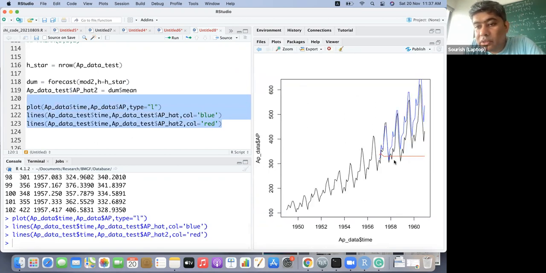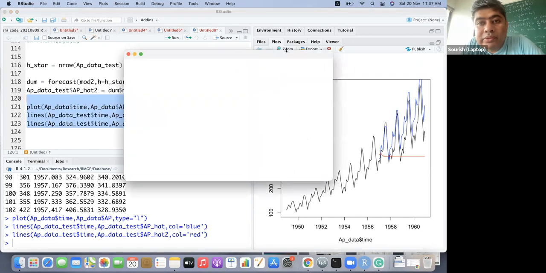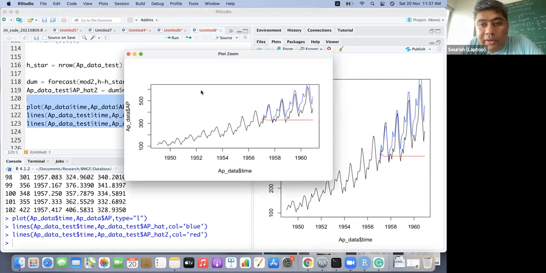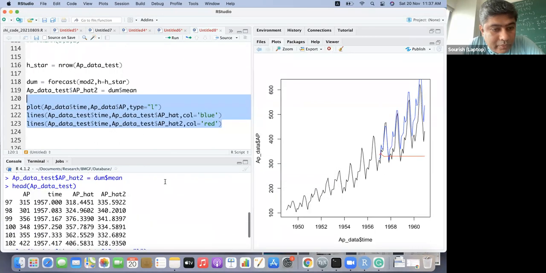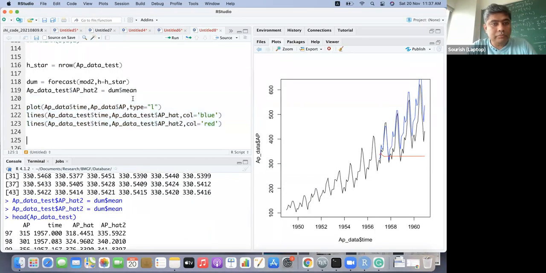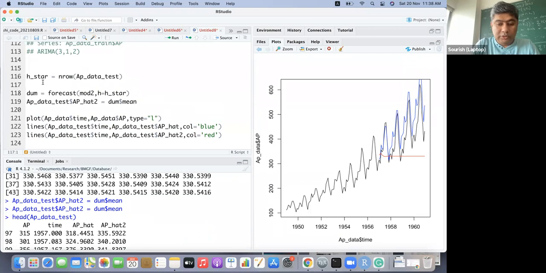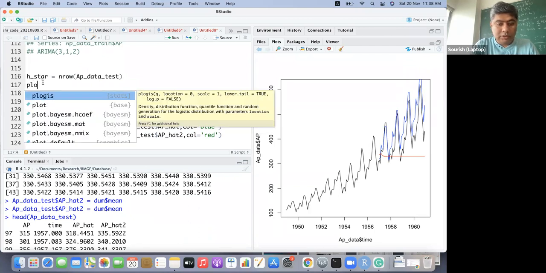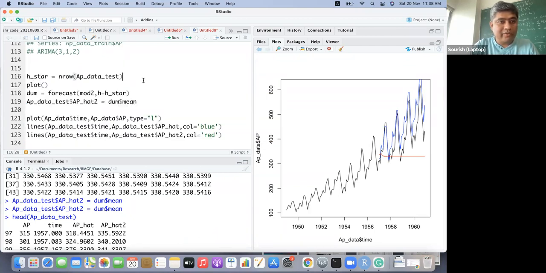And this is what Rob Hyndman's AutoArima is doing, really, really poor. I'm not sure if I have actually taken it correctly.